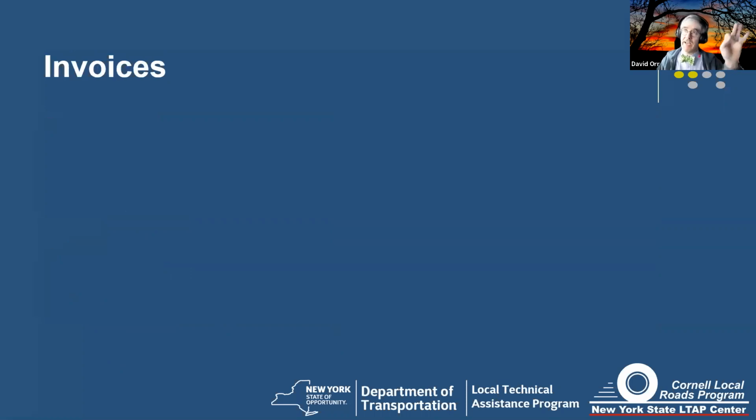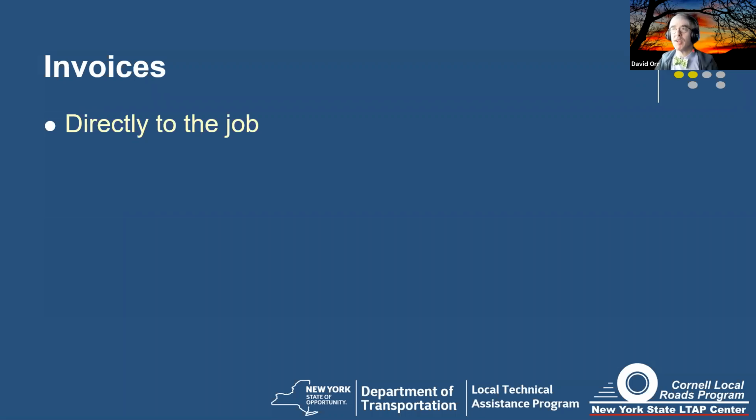Now, invoices, the I in our acronym, invoices are things that go directly to the job. So what kind of things do you purchase where you get a ticket and you assign that directly to the job? So what kind of things do you get there? Asphalt. Yeah. Yep. Lots of, so far, a couple of people have put in asphalt. Absolutely. Asphalt is one. You buy it, you get a ticket, you pour it. Concrete's the same way. You're getting a ticket directly to that particular job. Okay. Emulsion, which is essentially asphalt mixed with water. Same concept. You get a ticket and you assign it to the job.